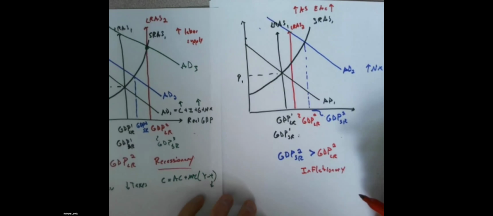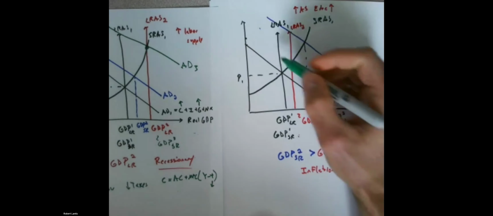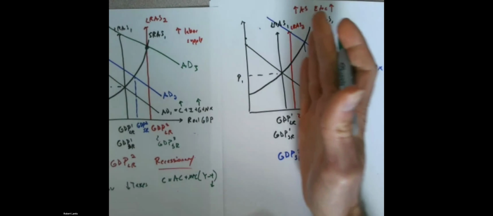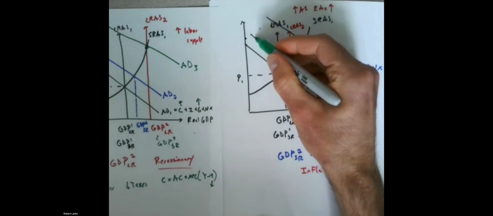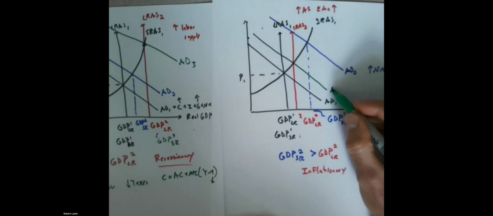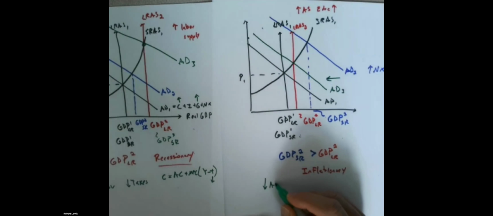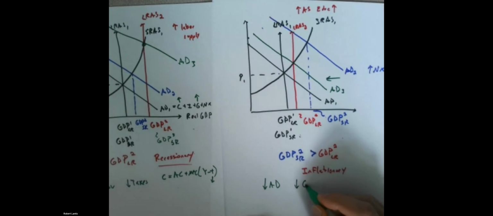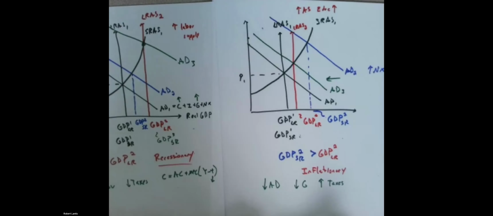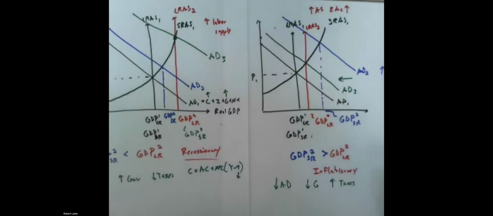Okay. So the exact opposite is going to occur when we have an inflationary gap. We actually want to push GDP down to this long run level. We're impatient. We don't want to wait for the short run aggregate supply to adjust to the fact that we have inflationary or deflationary expectations. So to shift aggregate demand to the left, or decrease aggregate demand, what can we do? We can decrease government spending or we can increase taxes. Okay. So depending on the relative size of these shifts, we get the exact opposite kind of answers or outcomes.